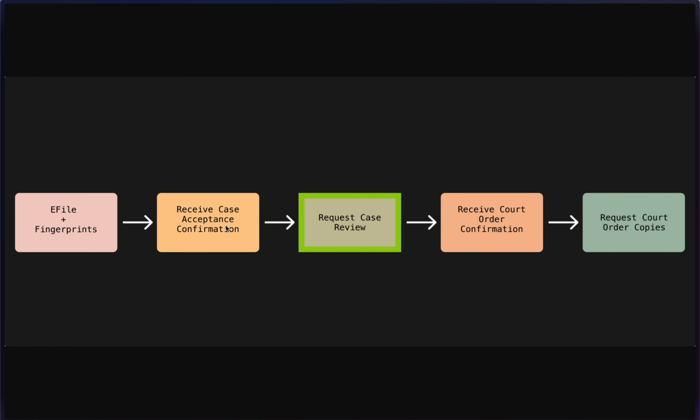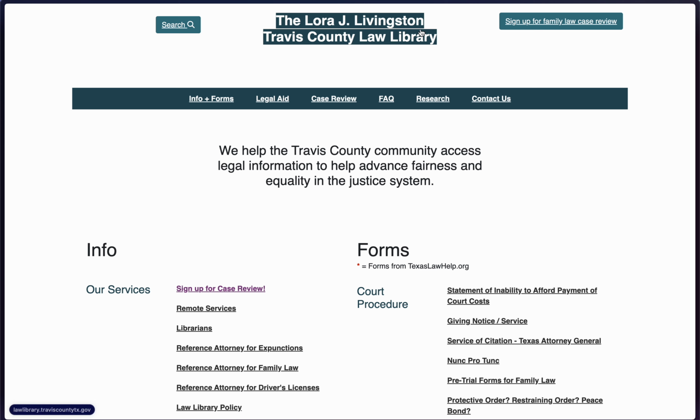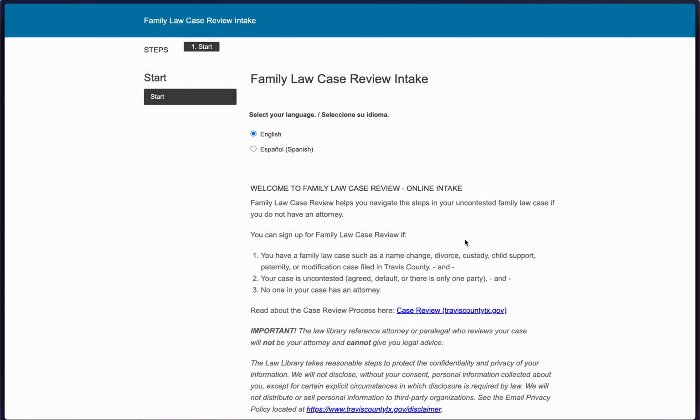So once your case acceptance is confirmed, you have to go ahead and go to a separate website and actually request for your case to be reviewed by an attorney. And how you do that is you actually go to this part of the internet, and it's the Travis County Law Library. I will include the hyperlink for this as well in the description. But once you're here, you will go ahead and navigate to this box in the right-hand corner, sign up for family law case review. You click that, it'll open a different tab, and you're going to just go ahead and